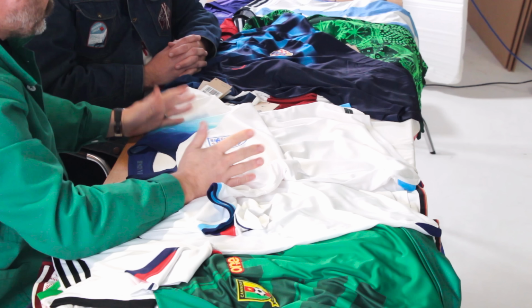And then my all-time favourite kit of the entire event, wow. World Cup kit number one is...